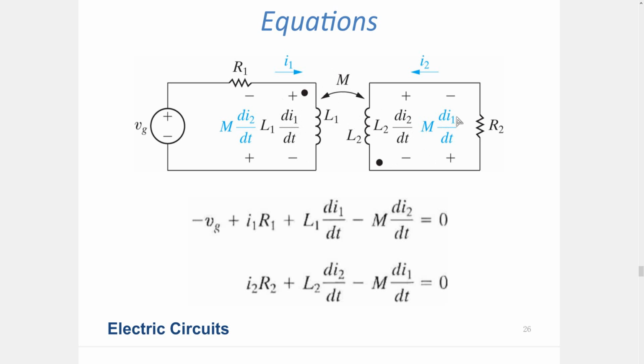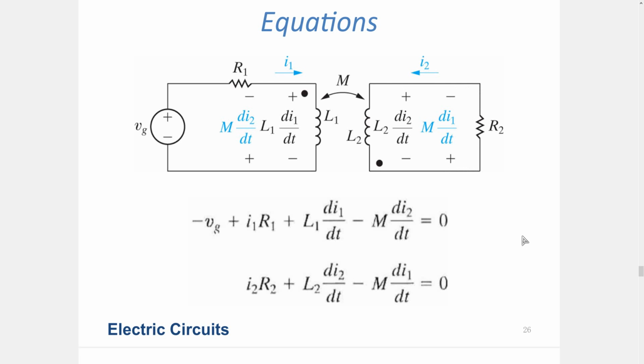So M times di1 over dt will be opposing the direction that I'm rotating. So it will have a negative sign. It will be reducing my voltage. And there is also the R2, which I take as positive to negative. So I2 times R2 plus L2 times di2 over dt minus M times di1 over dt equals